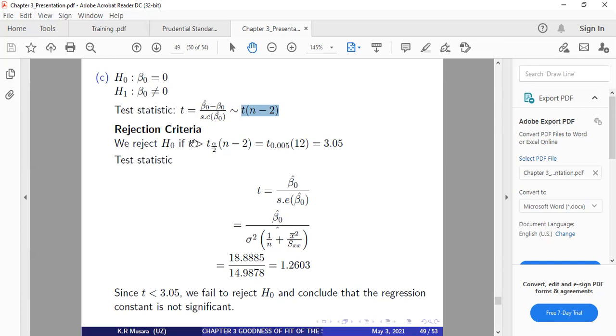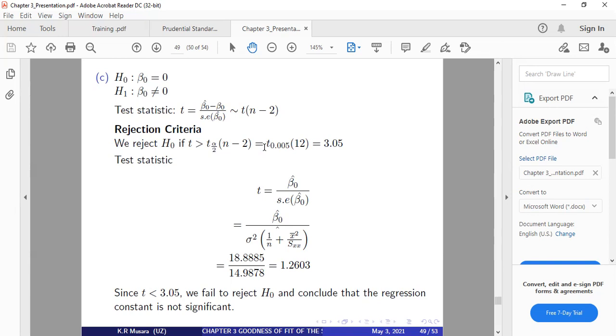It should be absolute value of what? Of t is greater than what? t alpha over 2. So this is a two-tailed test. So the distribution allows us to consider what? A two-tailed test. That's why you're dividing alpha by what? By 2. And then which is n minus what? n minus 2. So we need to get this critical value from the tables